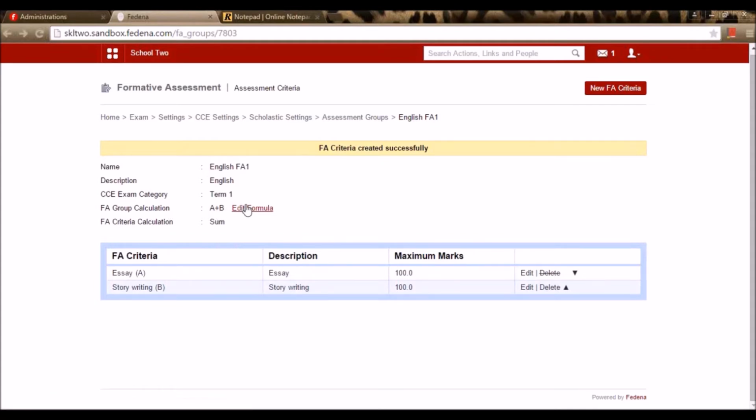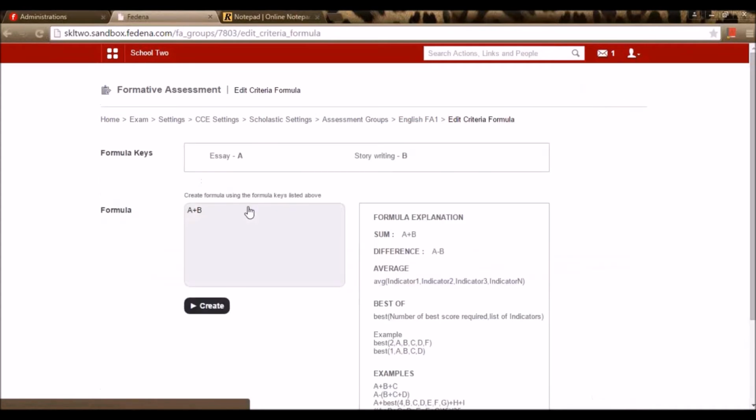I can change it. By default it is sum, and now I'm changing the edit formula, and here you can see the FA criteria that I've created. For this indicator A is essay and for this indicator B is story writing.